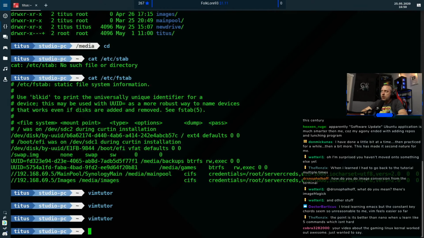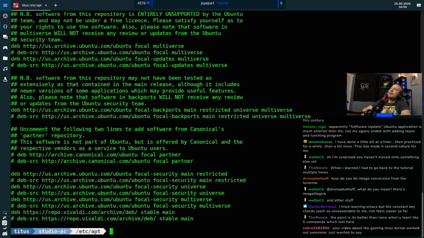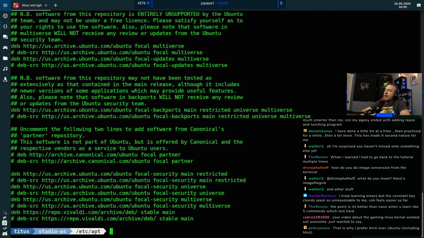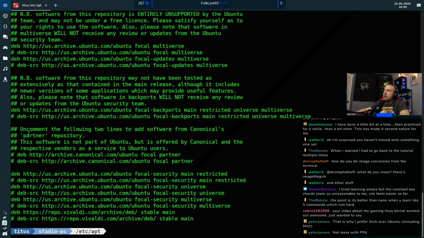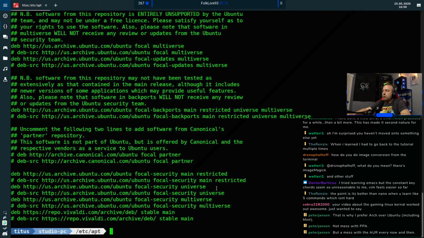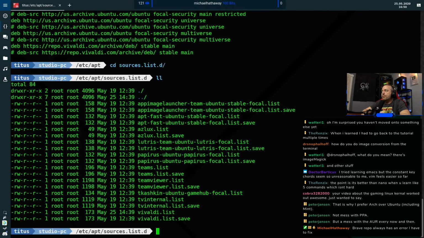So we're on lesson 4. We'll come back to this. But if we go into cd /etc/apt, you'll notice our sources.list. Let's cat that. You'll see that I don't have anything out of the normal. These are all just comments, and everything else is just the basic stuff from Ubuntu. But if we go into sources.list.d and list this, we have quite a bit of actual external repositories